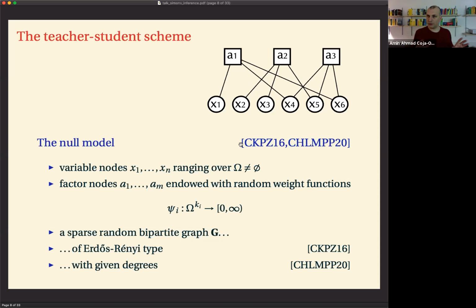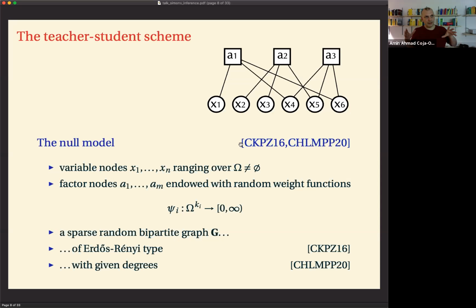There's a common way of looking at them, which is a very powerful formalism that might look a bit scary at first, but it's not so hard after all. And this formalism is the formalism of random factor graphs. It's a bit indirect, but there's merit to looking at it in this slightly indirect manner.